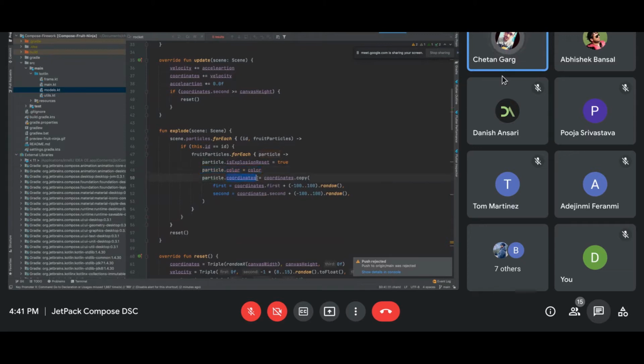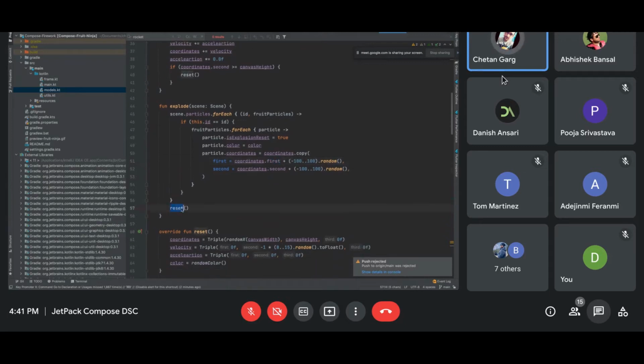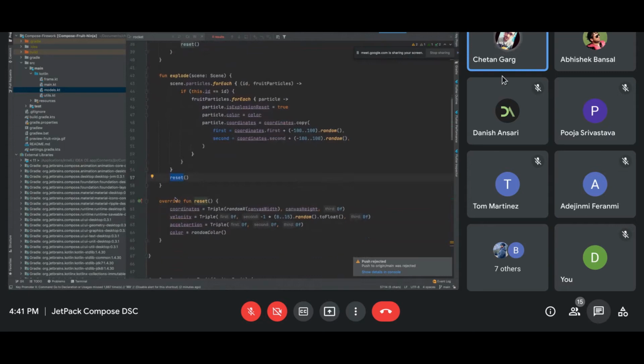I reset its coordinate. Its coordinate will be the coordinate of the fruit at the exact time the explosion happened, when the distance is 0. At that exact time I copy the coordinate, and then I update it with some offset, because I want to send those particles left and right, up and down. For that I take random values from the negative side of x to the positive side of x, and the negative side of y to the positive side of y, and add them to the coordinate, so the explosion can start off with a random x and y coordinate. Then I reset that fruit.